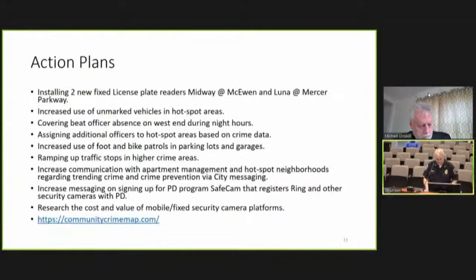So what are we going to do about it? Our action plan: we're currently in the process, we've already signed a contract, and we're beginning work on two new fixed license plate readers, one at McCune and Midway and the other at Luna and Mercer Parkway. We're going to use increased unmarked vehicles in hotspot areas, and the purpose behind this is, yes, we